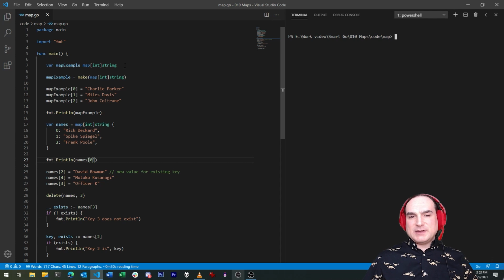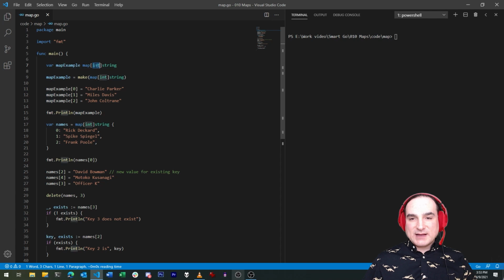The way maps work in Go is a little more constrained than in, say, Python, which has a lot of flexibility in terms of what you can use for keys or values. When you create a map in Go, you have to declare in advance what types will be used for the keys and what types will be stored as values. Here's one simple example of a map type declaration, where the keys are integers and the values are strings. We use map, followed by the key type in brackets, and then the value type after that.